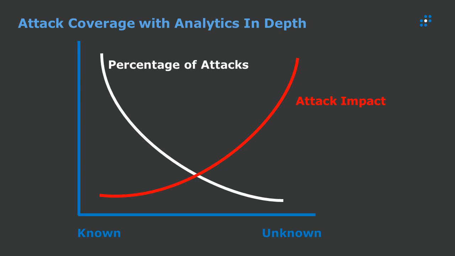Very often the impact of previously unknown attacks can be quite high, and perhaps the attacker is moving around unnoticed and can achieve their aims without being stopped. And that's what we're really looking at here. We need to be able to cover both of those scenarios. So that's a quick tour of machine learning in the cybersecurity space.